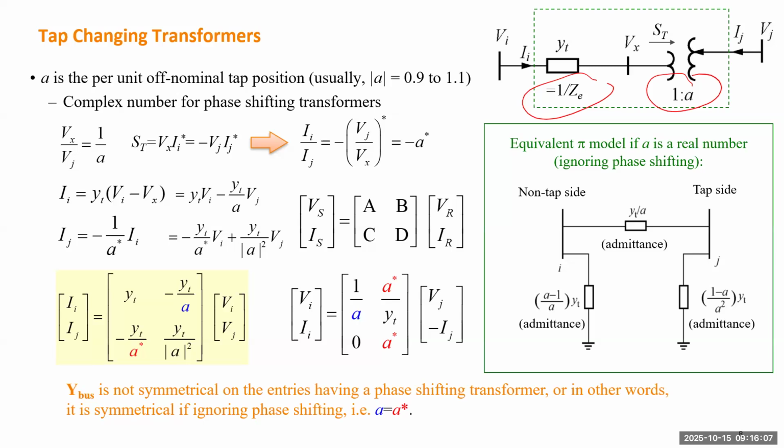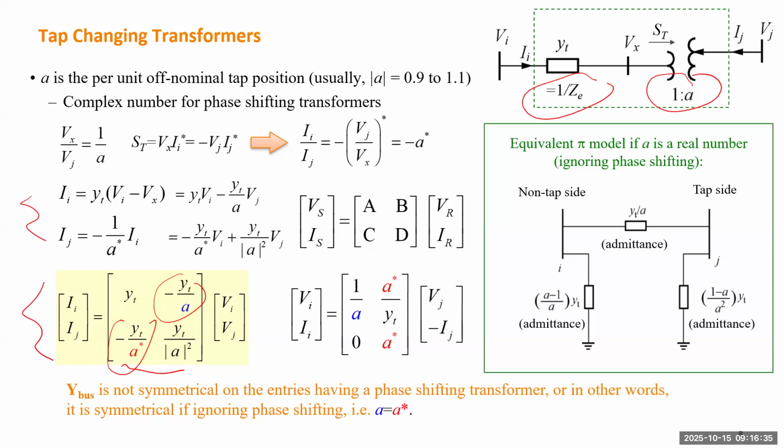Starting from Kirchhoff voltage and current law, we can have two equations, and we write them in this form, transforming the voltage vector of the voltages on both sides to the current vectors on both sides. So we'll have 4 elements, and those 4 elements will be added to the bus admittance matrix. One thing we notice is that those 2 elements are very close, but they're not identical,